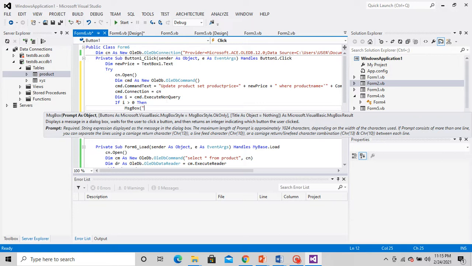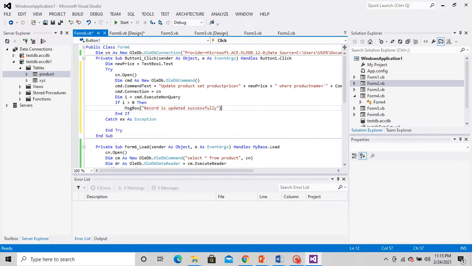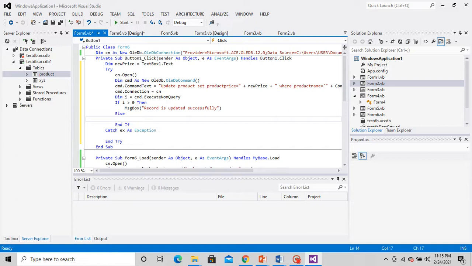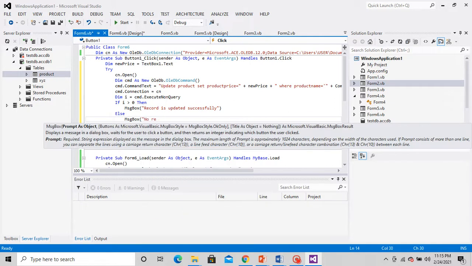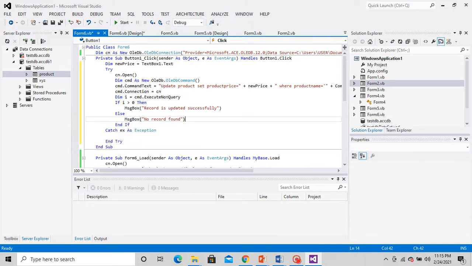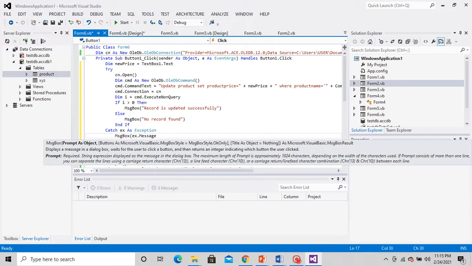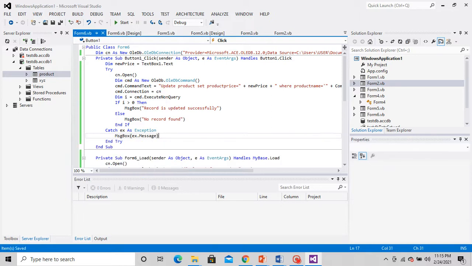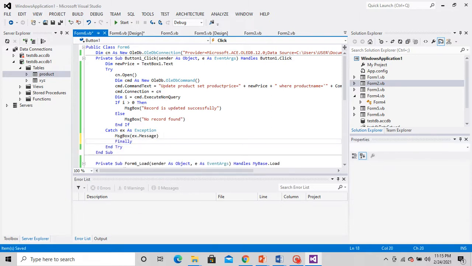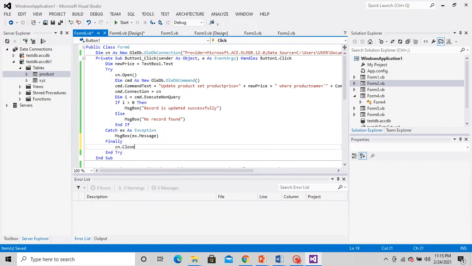So if at least one product is updated, then we will print that record is updated successfully, else no record found. Inside the catch you write a message box. Finally, you can close the connection.